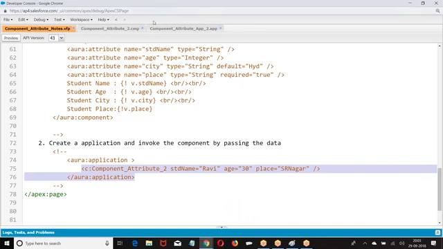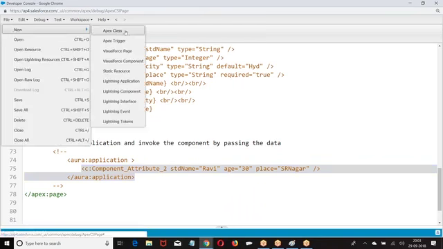So, let us take the next example. Listen carefully.